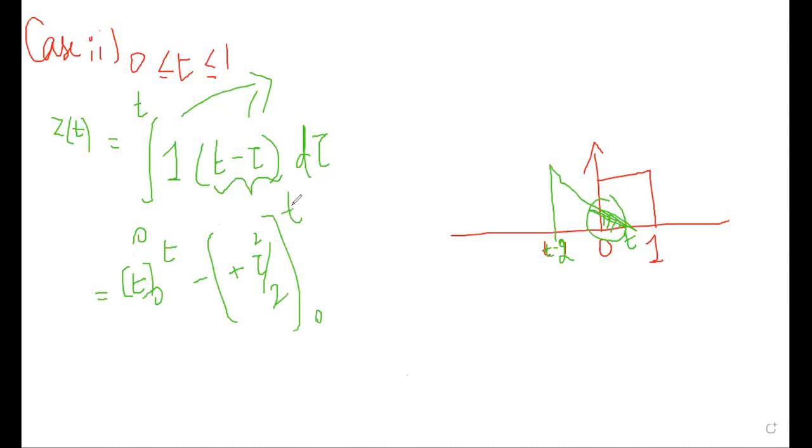Has anyone completed this? t into d tau is t into tau here. The first term is t into tau. t is constant, so we will move it outside. I will be substituting the limits for tau, so t minus 0. Here I will get t, and here minus of t square by 2 minus 0. So just see whether I am right or wrong. t square minus t square by 2. That means 1 t square minus half t square.